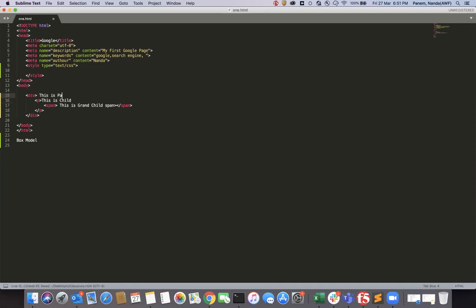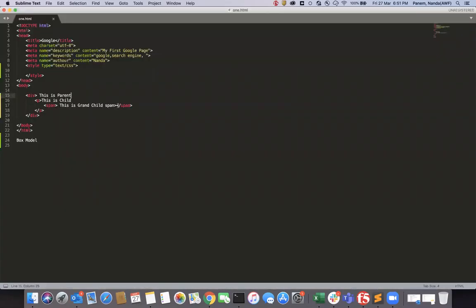This is parent. Okay, we have a page where there is a parent, and for that we have a child, and then we have a grandchild. If I execute this, you can see parent, child, grandchild.